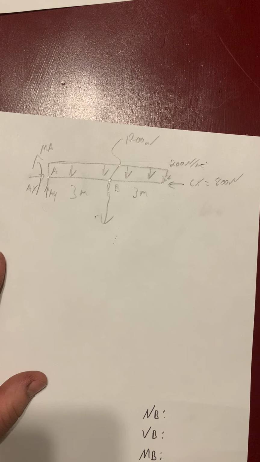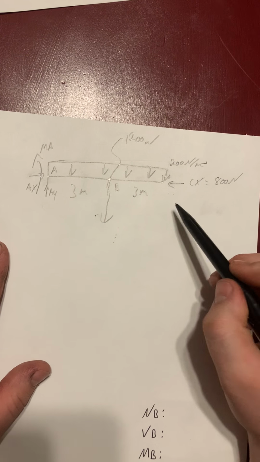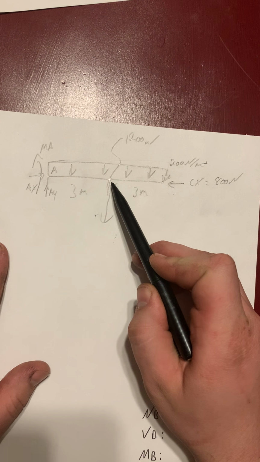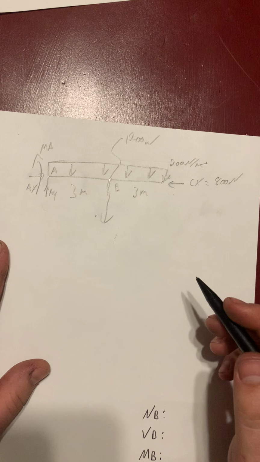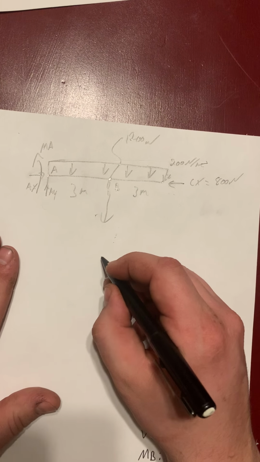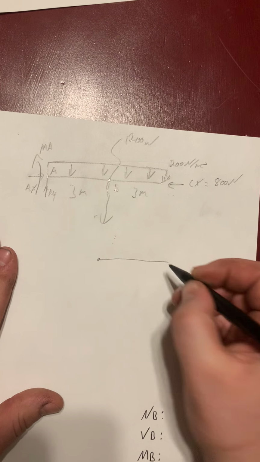Well, in this case, not so much. Let's just look at the part of the beam where we have the most information. Right here on this right-hand side of the beam, we have the most information. So why solve over here to then solve here? Why can't we just split the beam right now? Well, I don't know. Let's just try and find out. So if we started drawing the beam from B to C,